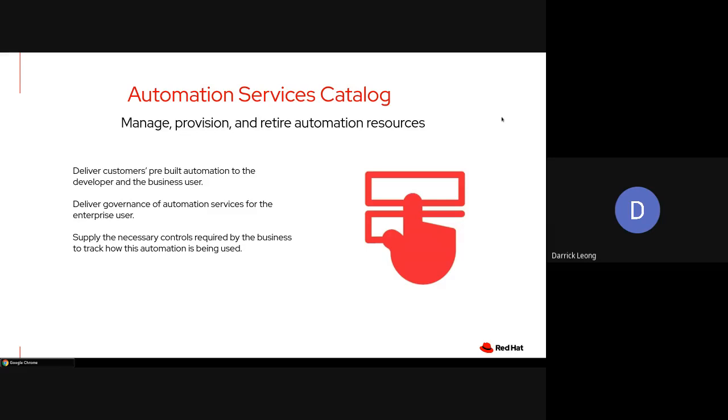So another feature that we have is a service catalog that allows you to drive a lot of initiatives within your organization. For example, you want to do a customized end-to-end workflow, to have some pre-built automation in place for various users, right? That's where you can publish the automation in the service catalog itself, and then deliver automation from there.